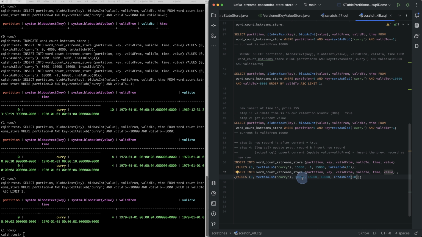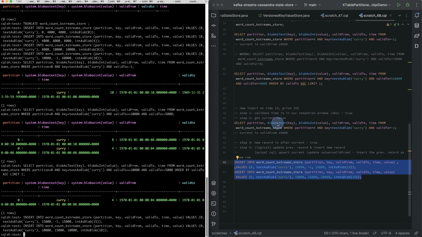And since this valid to 15 seconds was not known to the Cassandra database before, this combination of those 3 columns making up the primary key is essentially a new record, while this is rather like an upsert of the existing current key. So if we run those 2,